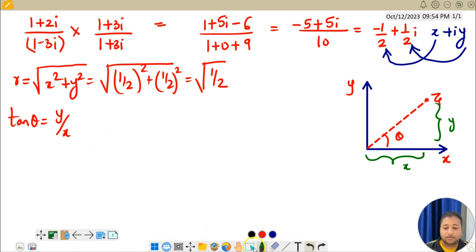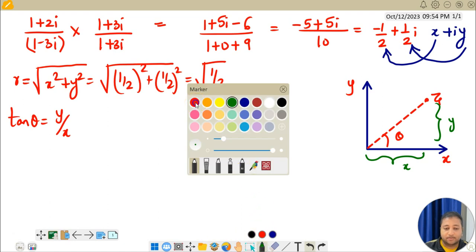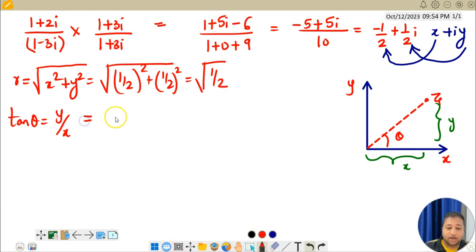Now we will substitute the values of y and x in this equation. That gives me y is 1 by 2 over x is minus 1 by 2, so tan of theta is minus 1. Now I need to find the value of theta for which tan of theta is equal to minus 1. For this purpose, I will be using